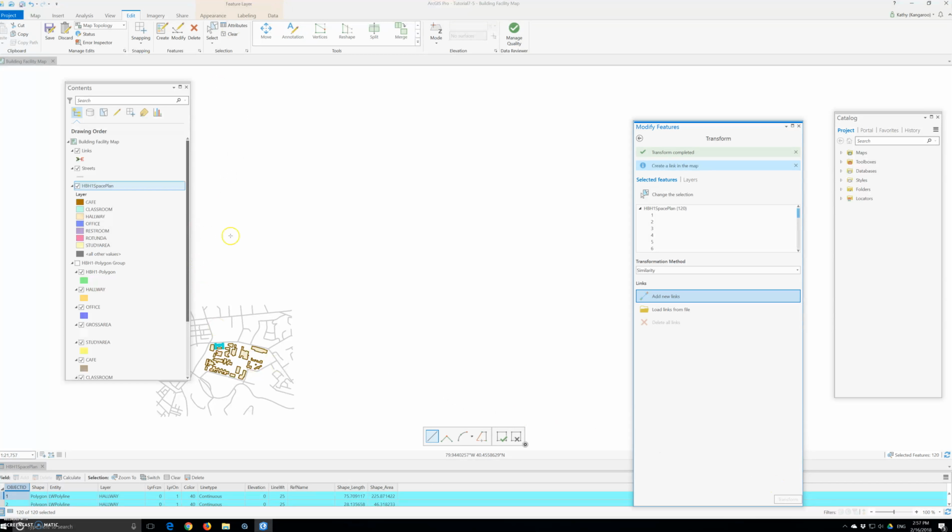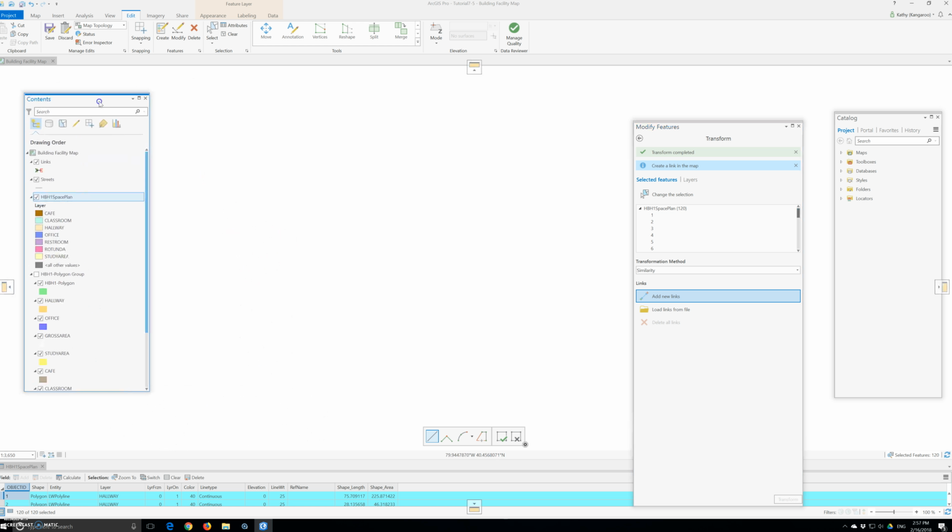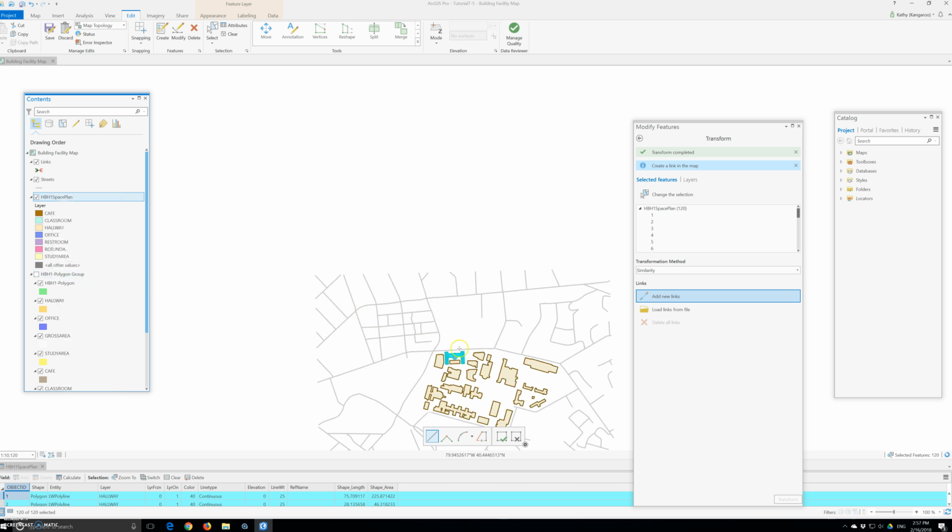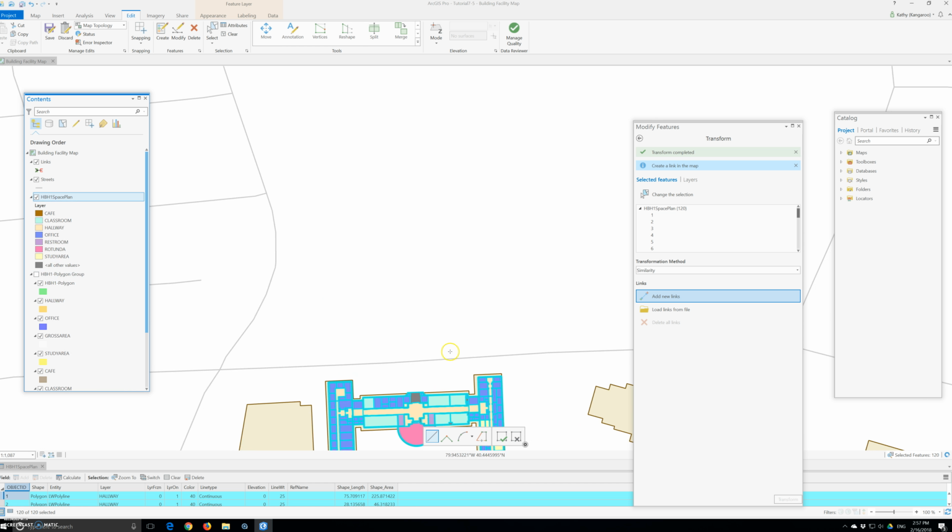Wow, yay! And we will zoom in. Just right click on it and then zoom to layer. Okay, and then that's our building. Perfect. Alright,